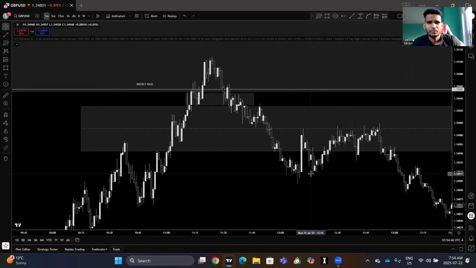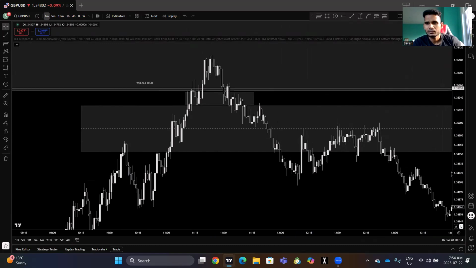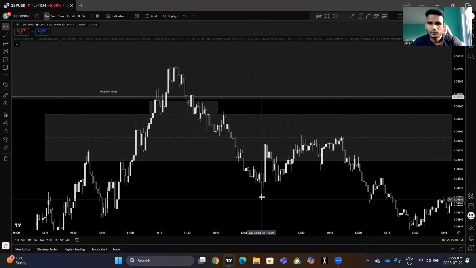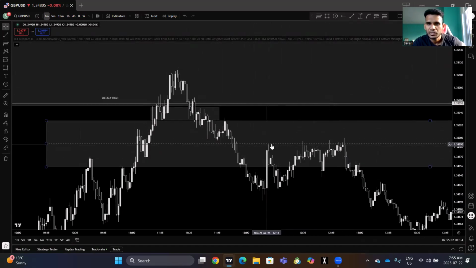Big flash to the downside, it flipped the 5 minute fair value gaps, and I marked out the 15 minute. The 15 minute fair value gap clearly broke at the 50% level. So the price broke the fair value gap, not respecting the upper quadrant. It broke all the way down and then kept on going higher. It's kind of engineered the liquidity at the bottom and engineered the liquidity at the top, exactly at the 50% level, not a random price.